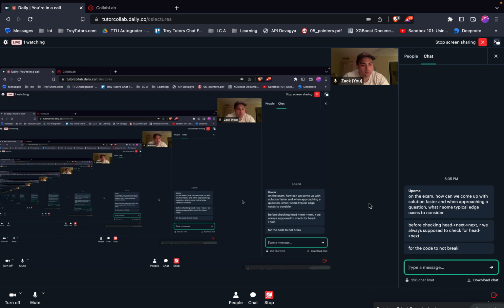On the exam, how can we come up with a solution faster when approaching a question? What are some typical edge cases to consider? Before checking head arrow next, are we always supposed to check for head arrow next for the code to not break? Good question. So, the first question to answer,